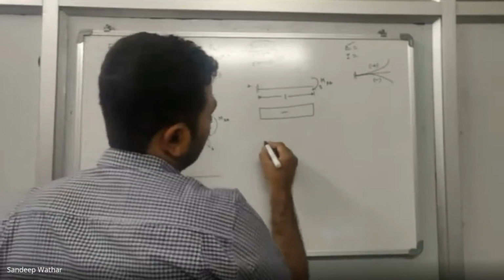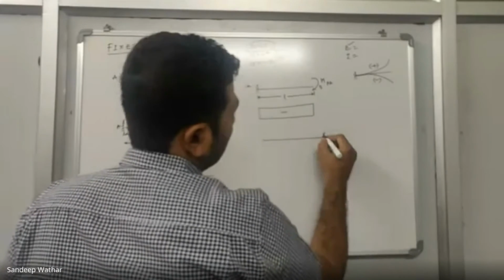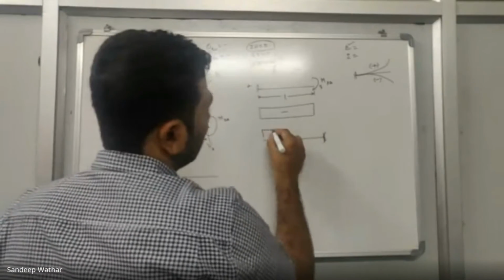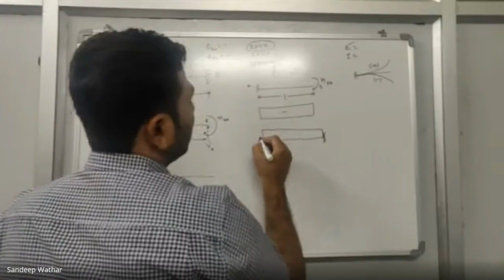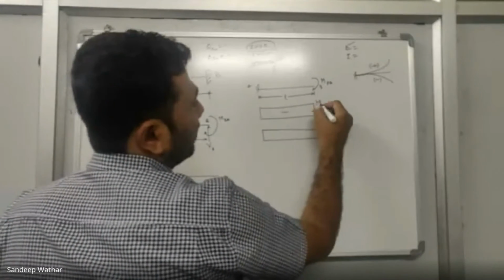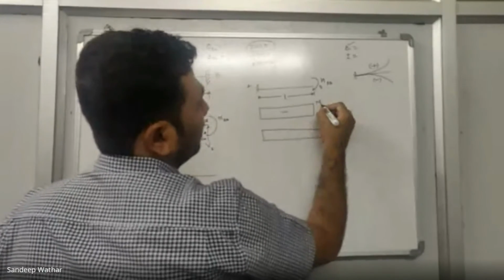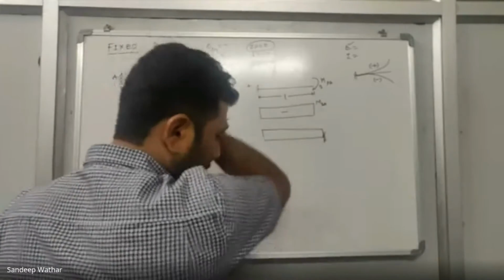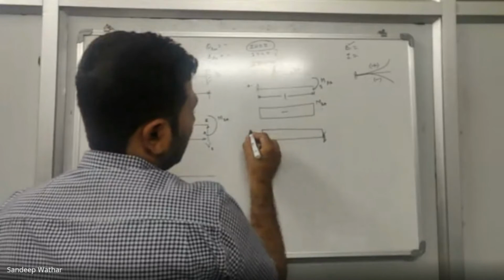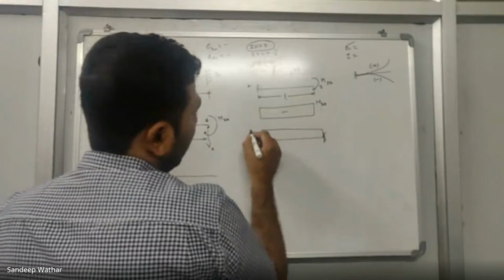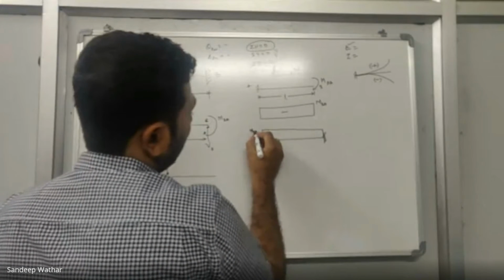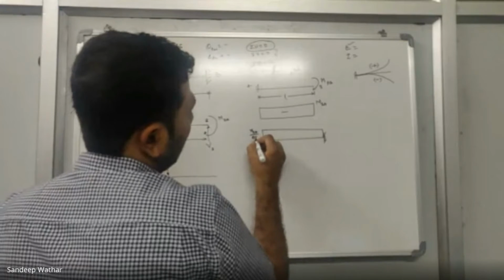So once it is negative, you know what is the bending moment diagram. You can simply convert this into a conjugate beam. So convert this into a conjugate beam. Load the bending moment. So what is the coordinate here? MAB will be the value. Sorry, MBA will be the value. Okay. Now, what will be the M by EI diagram? It will be MBA divided by EI value.